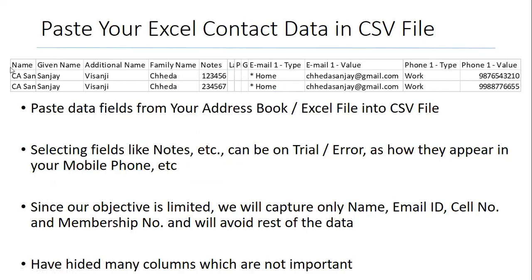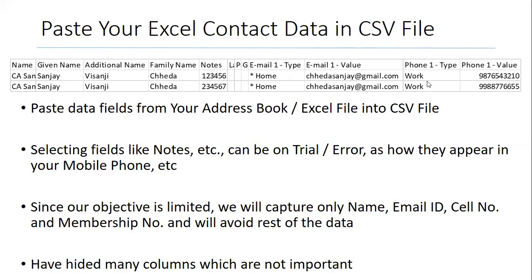Like I will paste the names here of the entire data. Suppose you have 14 data fields of name, you will paste names here. Then his membership number you will paste here. Then here I am writing email, so I am writing home and I am putting email IDs over here. I have just selected two data, but you can have n number of types. You can go up to 500 also, but it's better to do it in small lots. Maybe 100, 200 lots is fine.